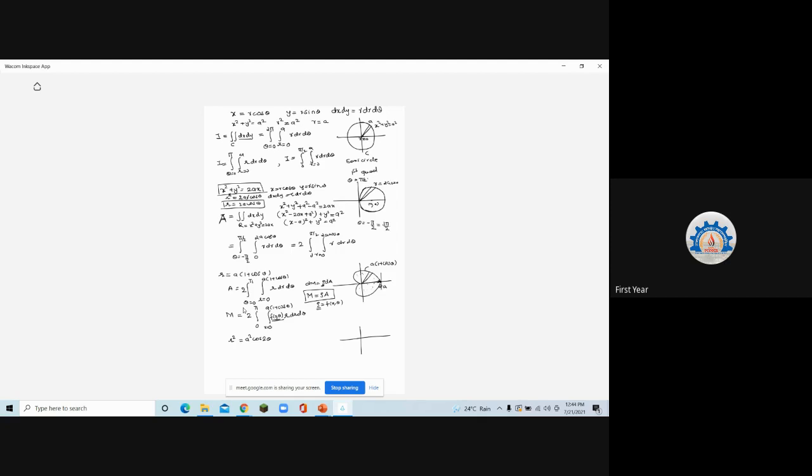What will be the symmetry of this curve? That will be revision of curve tracing also. इस कर्व की सिमेट्री कहाँ है? Origin पे है. Sorry, on the x-axis. Pole, initial line also it is there, then about the origin also it is there, also about y axis. Can you see that? Because if I put both r को minus r से और theta को minus theta से replace करेंगे तो भी मिल रहा है. So it is symmetric about all.